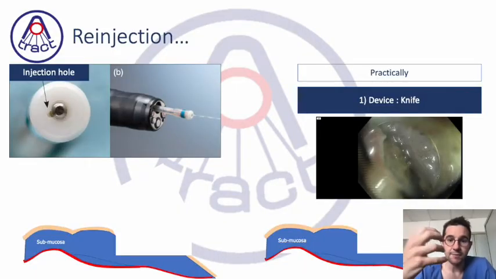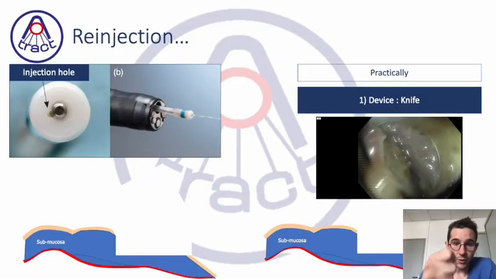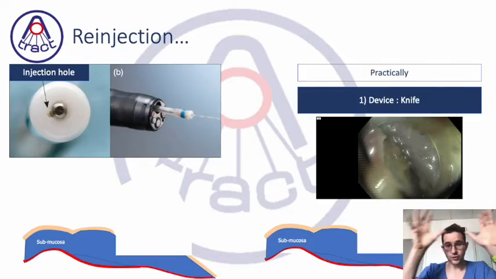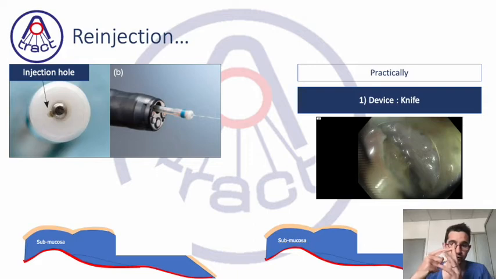If you inject without making a small hole, you will splash liquid everywhere. But if you first make a small hole, you will bring the water jet function close to the submucosa and avoid the liquid